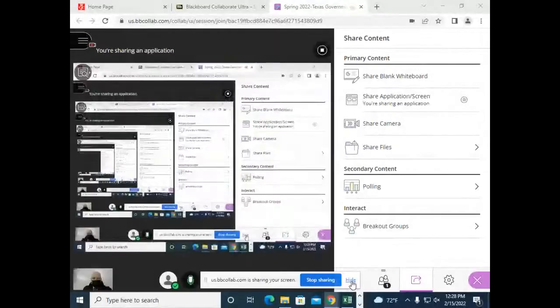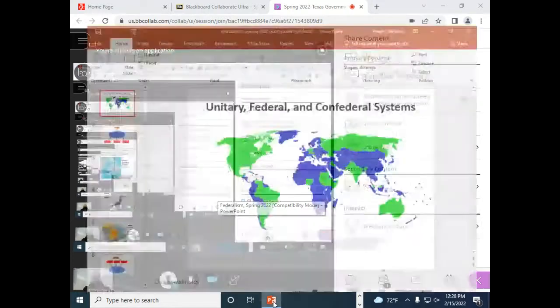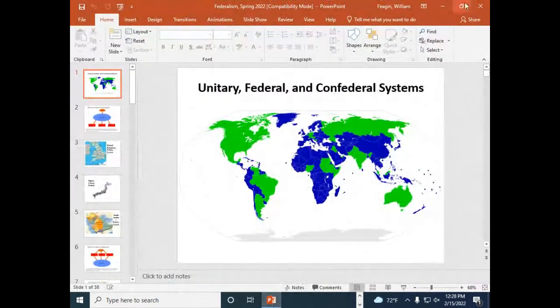This week, the topic for our in-class treatments is federalism. And I think I might have mentioned this to you on the first class meeting, that federalism is such an important topic in the study of our system of government that we actually take a stab at it, take a swipe at it in both the 2305 and the 2306 classes.